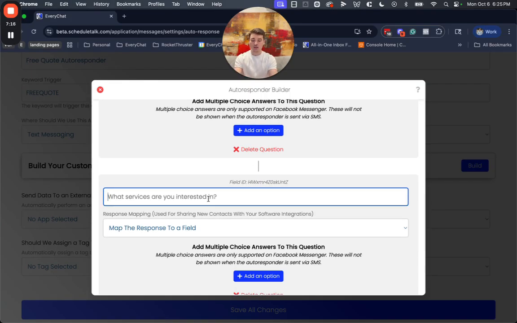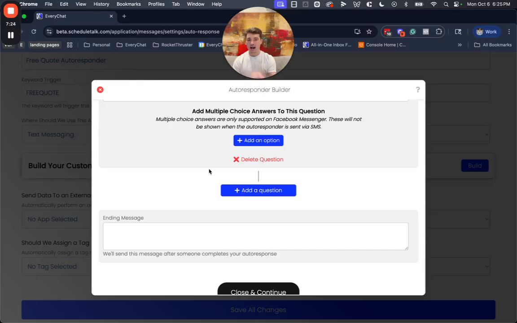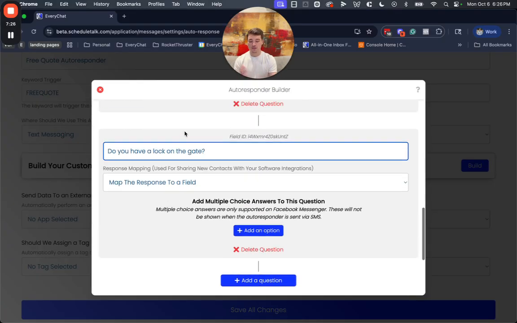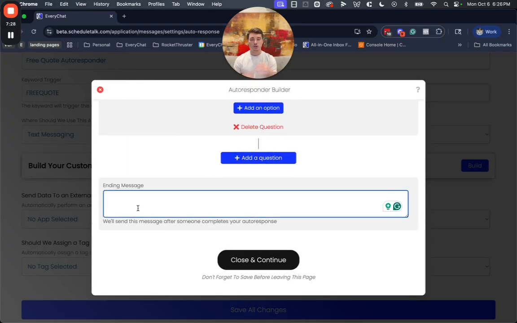So maybe like, do you have a lock on the gate? Something like that. And then from there, once you're happy with that flow, you can have as many questions as you'd like. You'll just say the ending message, so something like, thanks, we'll be in touch soon. Something like that. Of course, you can modify it and make it sound and feel however you want.